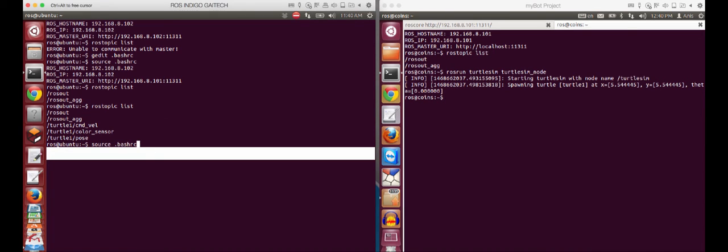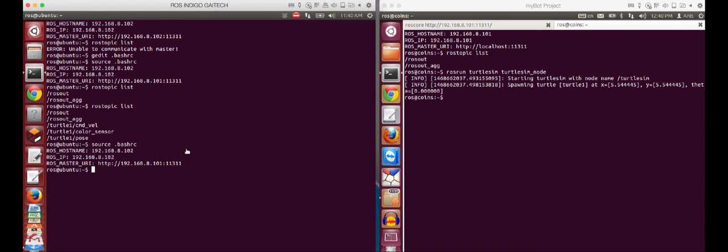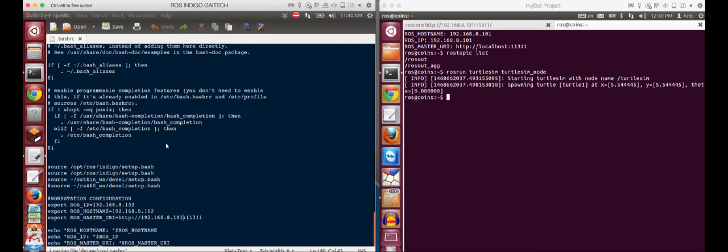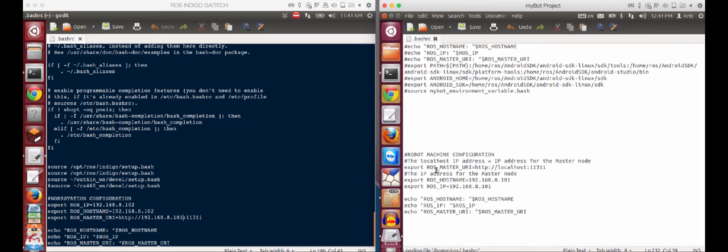So to summarize, when you want to configure your workstation to control a robot machine, you have to make a configuration on both the robot machine and the workstation.